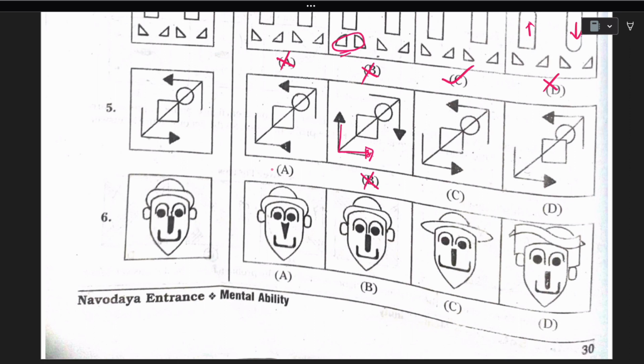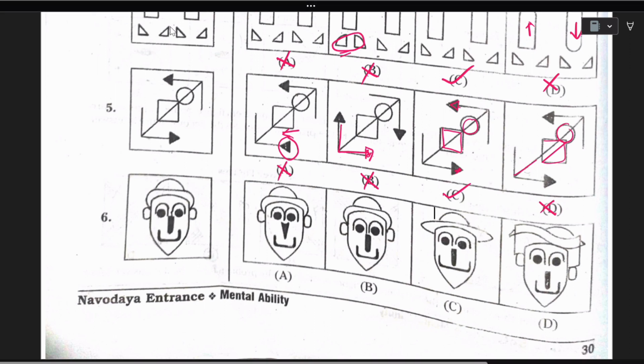If you look at A, here the direction of the triangle is to the left side, which is not correct. So we will be eliminating A here. And look at D, the alignment of this circle and square, this line is not straight. It is supposed to go from here. So we will be eliminating D also. And let's check whether C is correct or not. Yes, the triangle is showing to the left side, and here it is to the right one, and here the circle is there, and also here the square is there. Everything is fine and correct, so we will be selecting C as the correct answer.